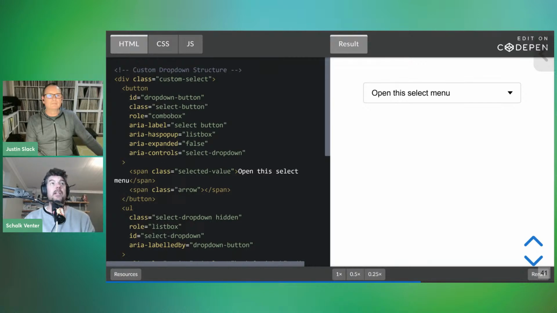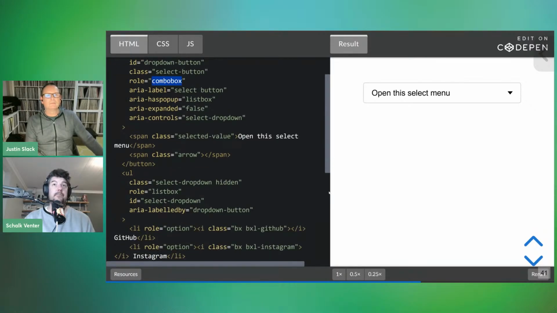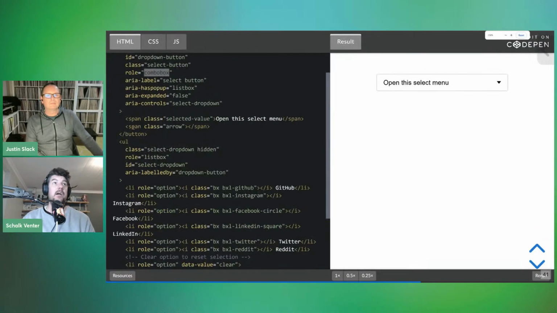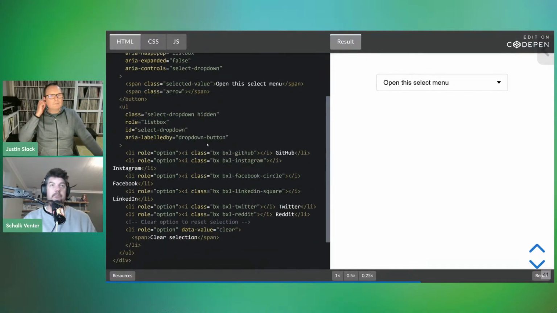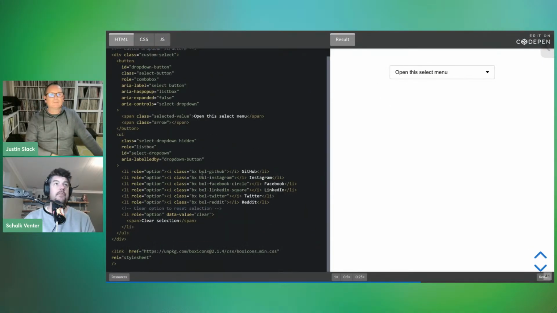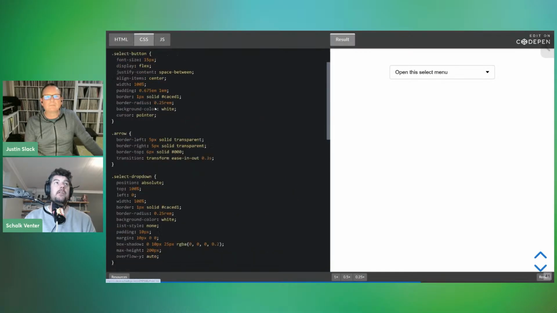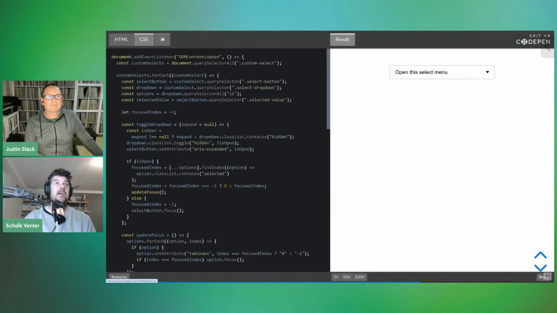so there's a button, and the button has all the aria labels. Is it expanded, is it not expanded, does it have a pop-up, what's its role? It's a combo box. Can I move this to the side? No. Yeah, and credit to the author of this. They really understand all the semantic implications, and they're using aria tags and stuff in a correct way. Majority of people didn't, but you could, but look at all the CSS, and look at all this JavaScript